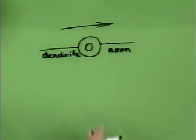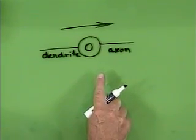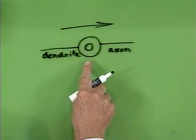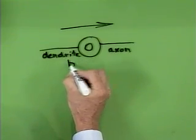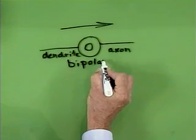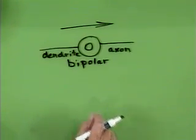We have a few neurons that are actually this shape within our body. And these kinds of neurons with a single dendrite and a single axon and a cell body just right in between the two, these are called bipolar neurons. They're relatively uncommon. Just a few of the sensory neurons have this